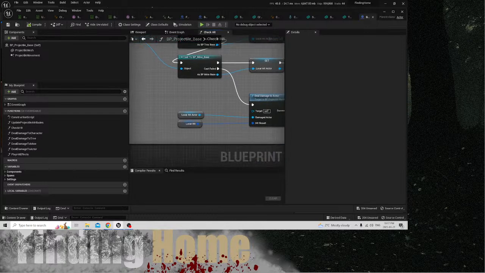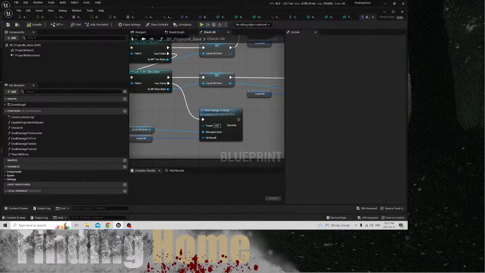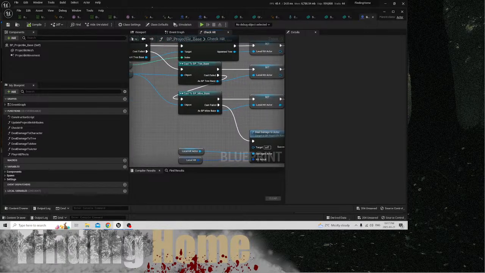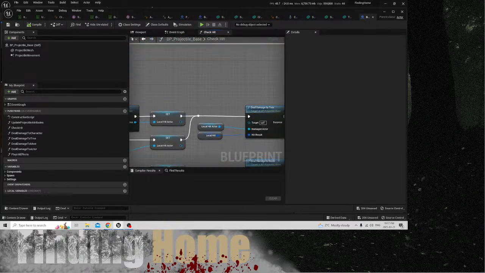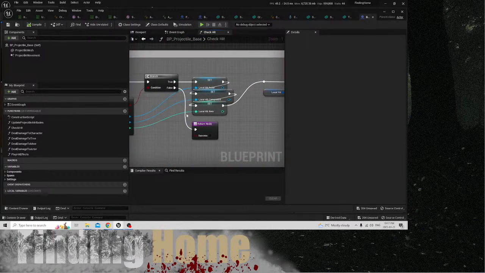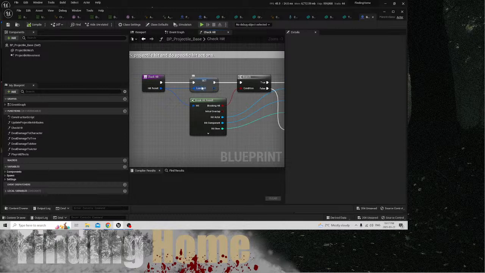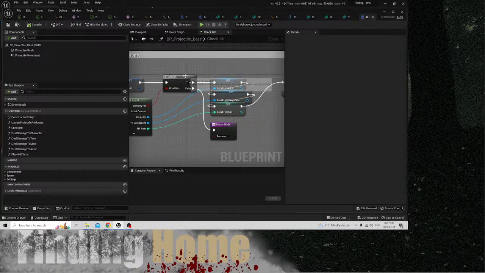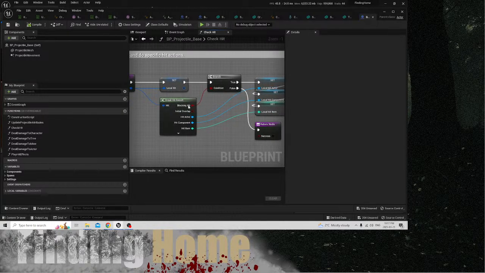Hit character, hit tree. Deal damage to actor. Blocking hit. If true,